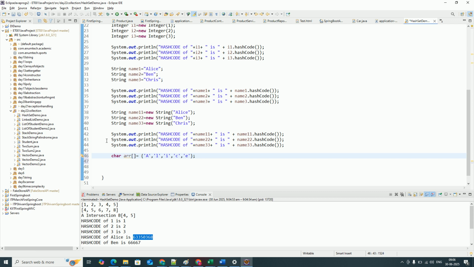And then I want to check the hash code of this array. Then it should be something different. Hash code of